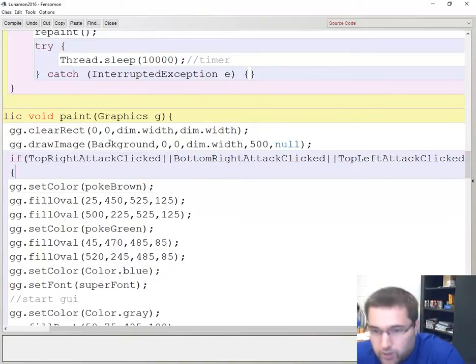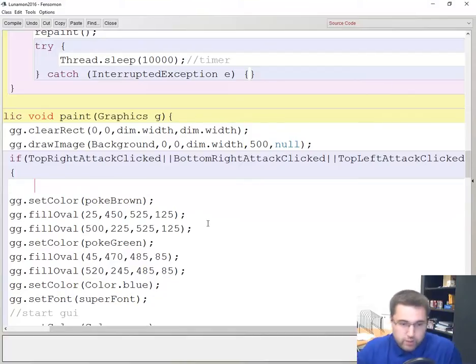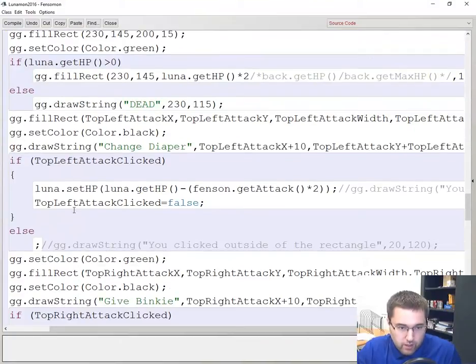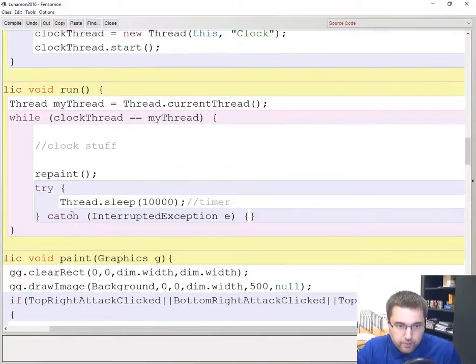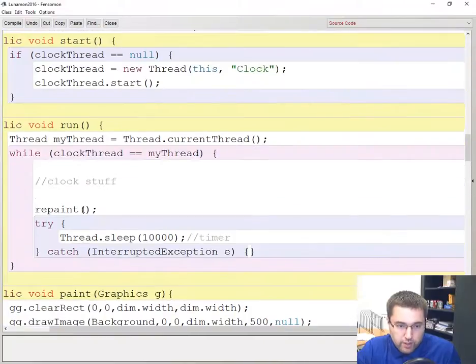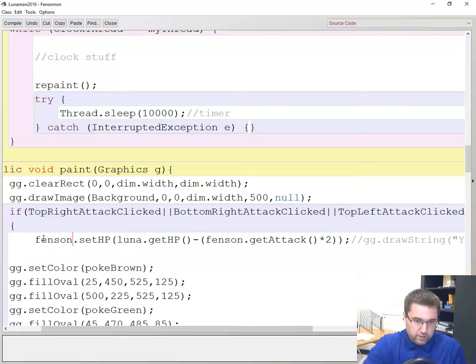The easiest way to do this is the way I'm going to do it, which is not the way you should do it. You should have it where they do a random move. So you need to create a function inside Pokemon to do the counter. But the easy way is I'm going to take the Luna attack and change it so that fencing